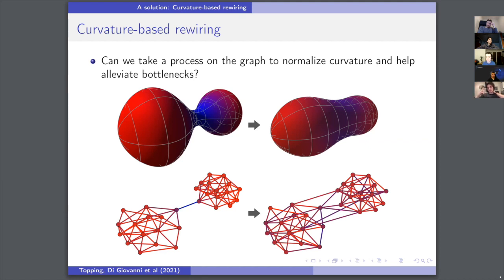But the intuition, I think, for your question is that in a heterophilic setting, whenever you have a very positive curvature, it means that there is a region which is very dense, and information is going to propagate very fast in a heat diffusion type of way. Now if you're in a heterophilic scenario, and you assume therefore that you have very low homophily, which means that most of the nodes you are connected to are not sharing the same label, removing edges that are in very dense regions may be helpful.